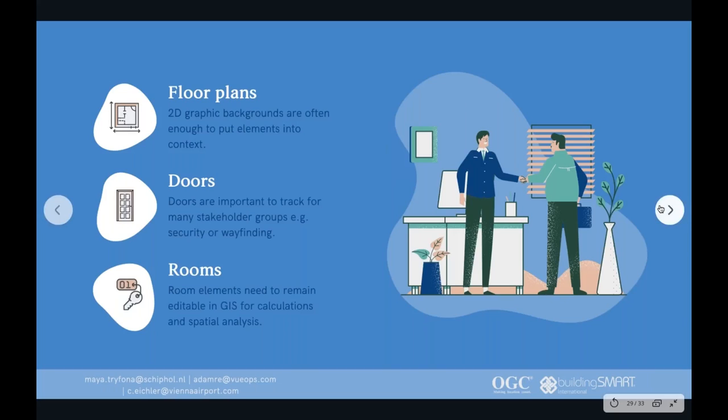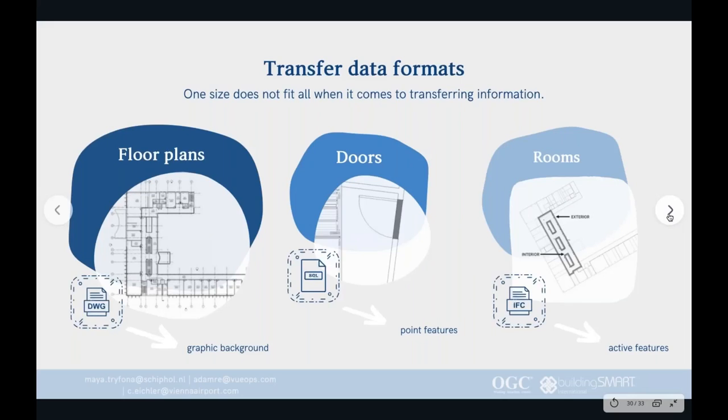For example, wayfinding, as Christoph mentioned before, and security are very interesting in the location and in some of the parameters of the doors of their buildings. And rooms are important to be properly transferred from a technical perspective, because rooms in GIS are used for spatial analysis and calculations. So in the next slide, when it comes to transferring information, we found through our work that,